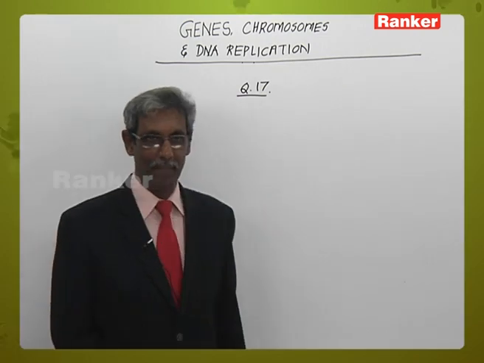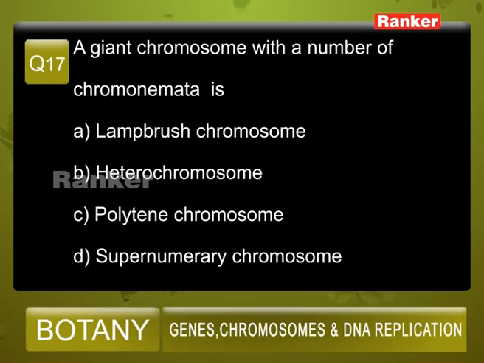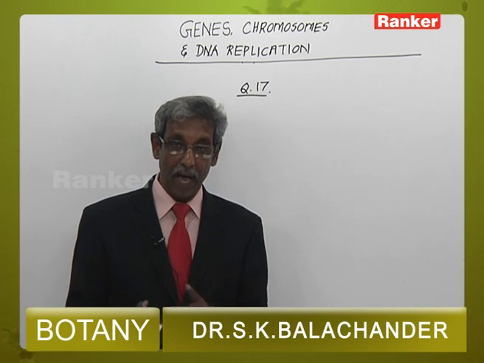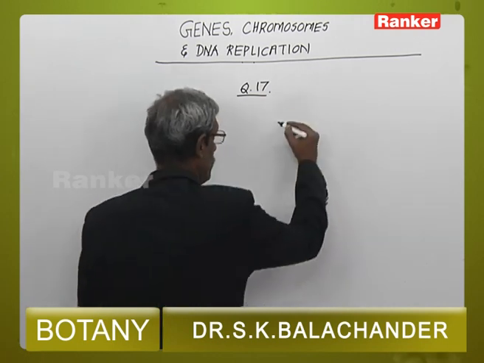Question number 17. A giant chromosome with a number of chromonemata is A. Lampbrush chromosome, B. Heterochromosome, C. Polytene chromosome, D. Supernumerary chromosome. Whenever we are dealing with chromosomes, if the chromosomes are large and they go to form a sort